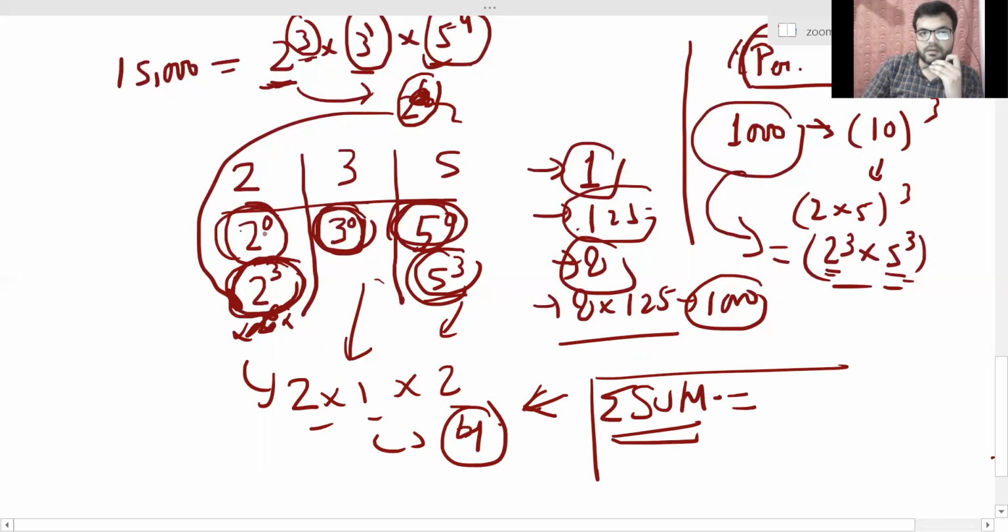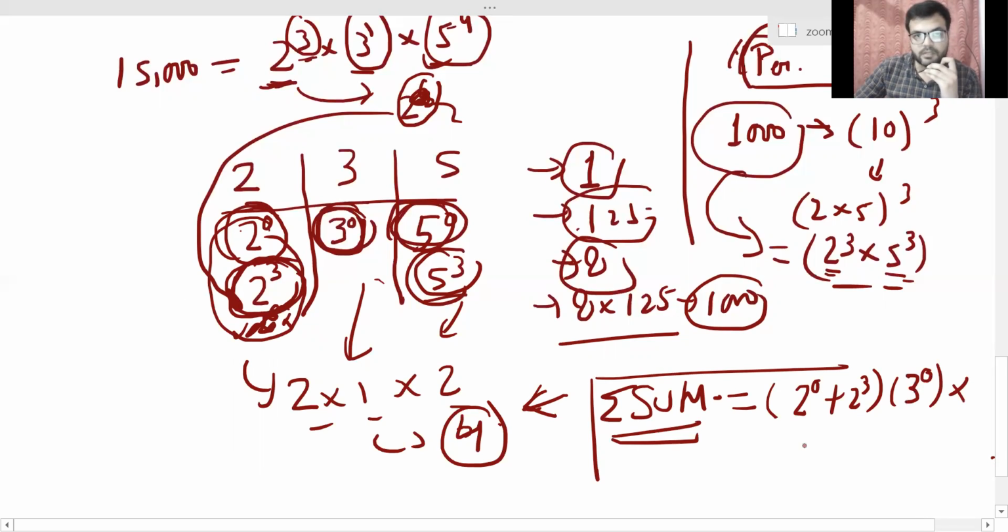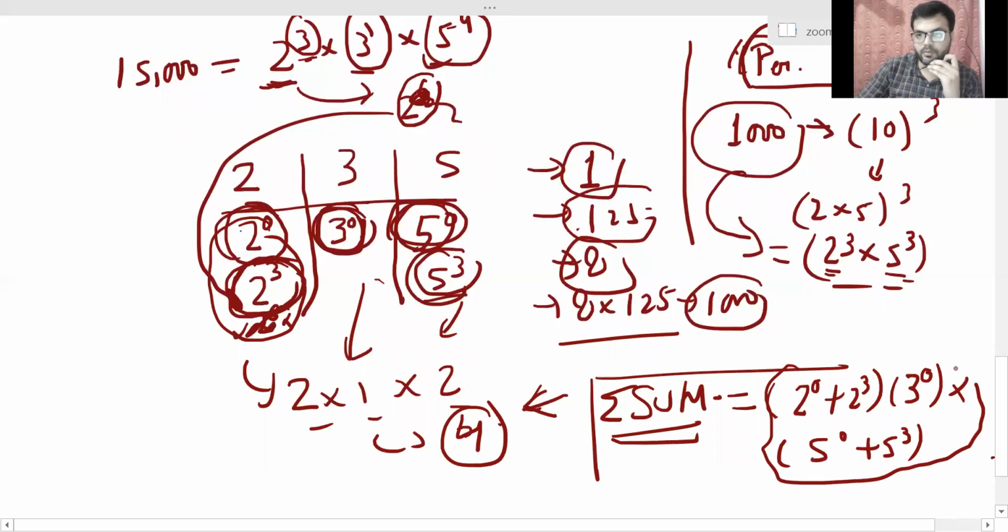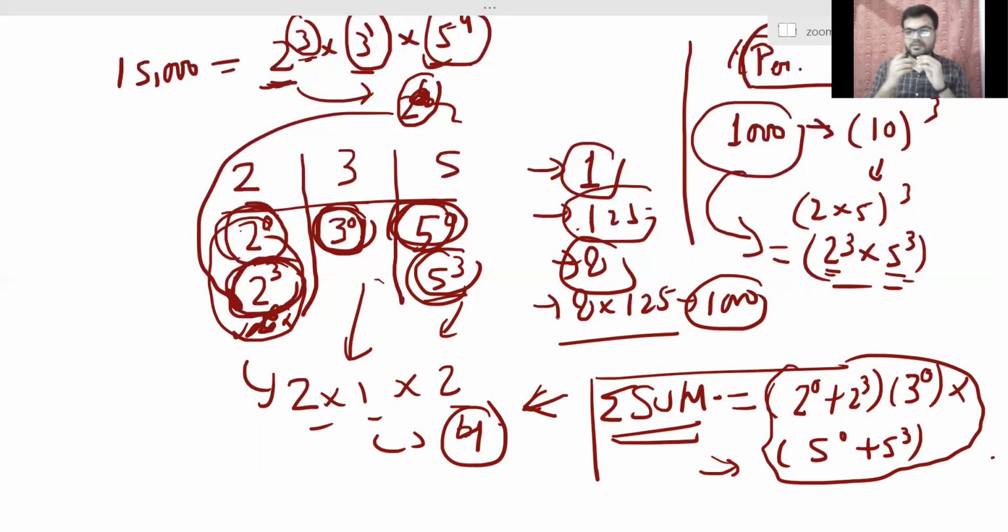So now if you have to find out the sum of all the perfect cube factors, the sum will be, again, in the first column you have got 2 numbers. So in the first bracket, take 2 raised to the power 0 plus 2 cube, bracket close. In the second column you have got only 1 number, which is 3 raised to the power 0. And in the third column you have got 2 numbers, 5 to the power 0 plus 5 cube. Okay, so you simply have to calculate this value and you will get the sum of all the perfect cube factors. So this is the basic approach. See, this value you can calculate. It is very easy. You simply have to multiply. But the main thing which I'm trying to convey is to get the approach, that how you have to find out the perfect cube and perfect square factors.